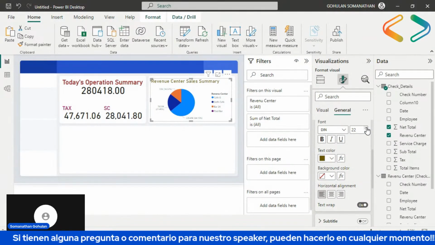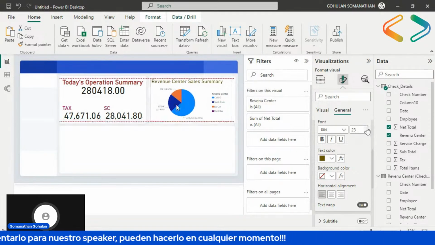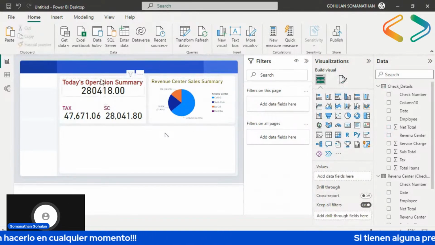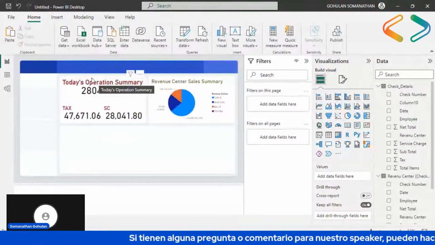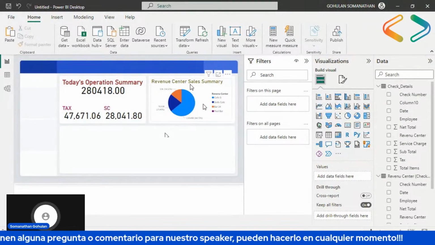Yeah, it's fine. So you can see now we have created a dashboard, a storyteller: the operational summary of how the day's operation went, as well as the revenue-wise summary.